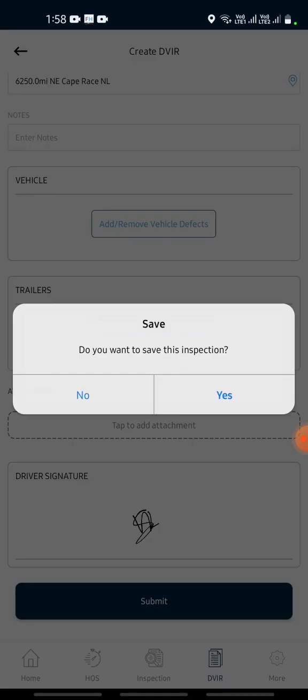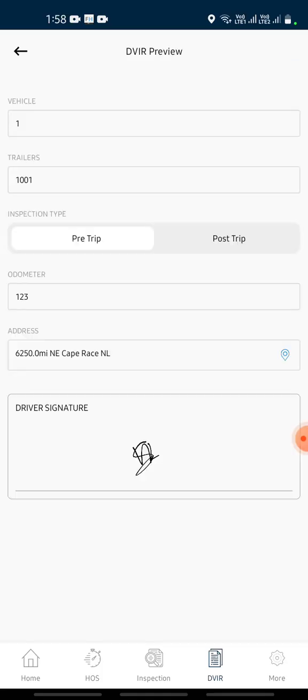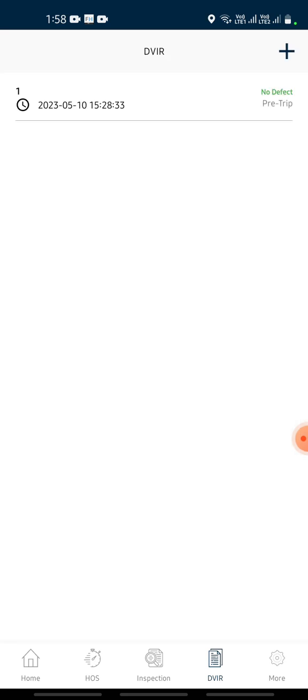And my DVR will be saved. So this is showing me the DVR I have filled for today. So this is how we do the pre-trip inspection and fill in the DVR report. Moving back,